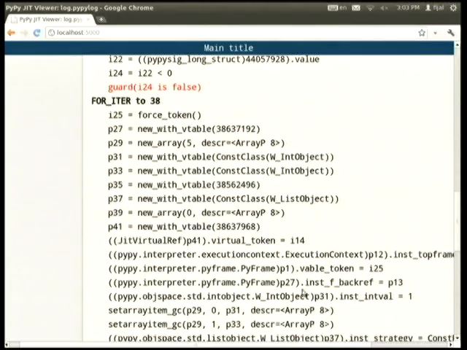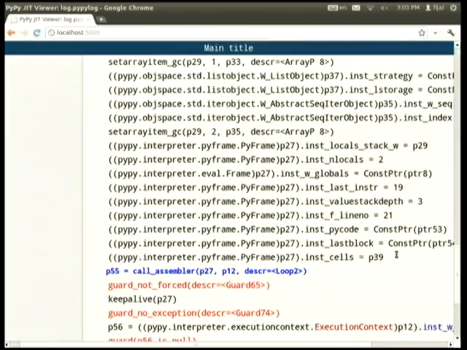You can see here, we store the backref to our frame. This would require another level of optimizing the frame allocation. And then we store all the stuff that Python would do normally on the frame. So you initialize the frame essentially.